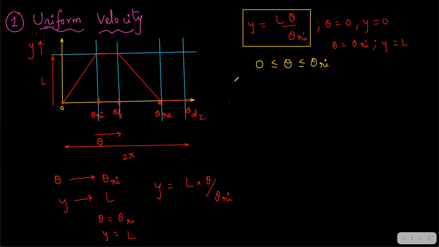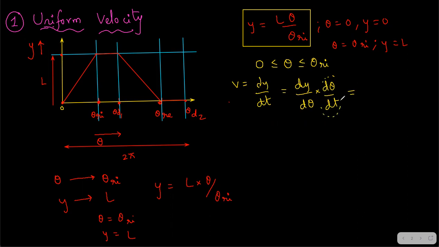Now to solve for velocity, what is the velocity of the follower? Velocity is dy by dt. But do we have a dt term in the RHS? No. So what we are going to do is, I have theta because theta is the variable, not t, and theta is directly proportional to t, right? So we multiply and divide with d theta so that it is still an equivalent equation. So what is d theta by dt? I can just differentiate the initial equation with respect to theta, dy by d theta.